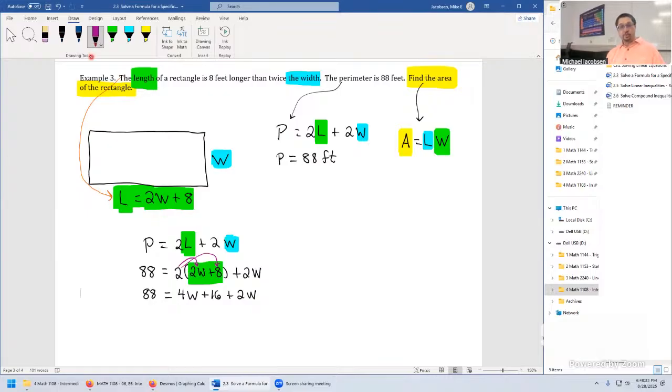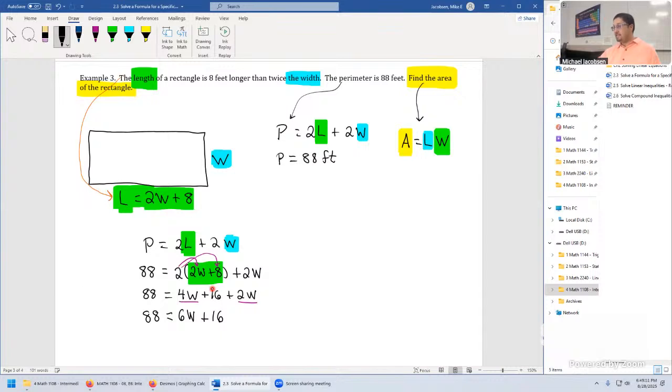And now the next thing we're going to do is combine our like terms. We've been talking about like terms quite a bit. The way you can identify them is they have the same exact variables, and like terms also have the same exact powers of those variables. These both are power 1, but they both involve W. So we can add them up. The way you might think about this mentally is if you have 4W and you add 2 more W's, you're up to 6W. So we're just adding the coefficients between the 2. Plus 16